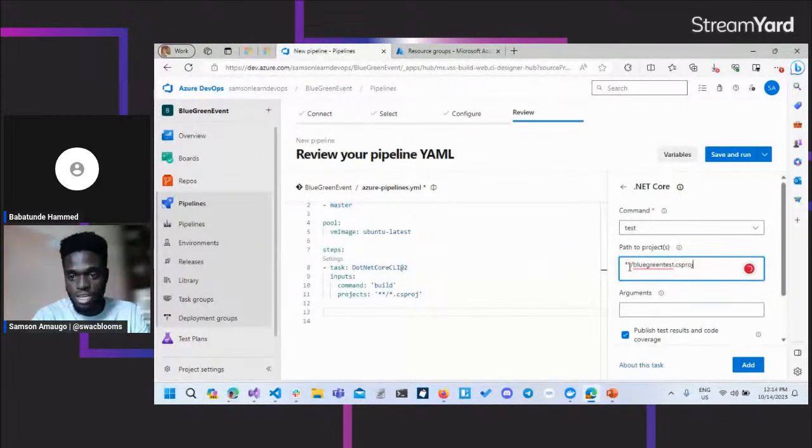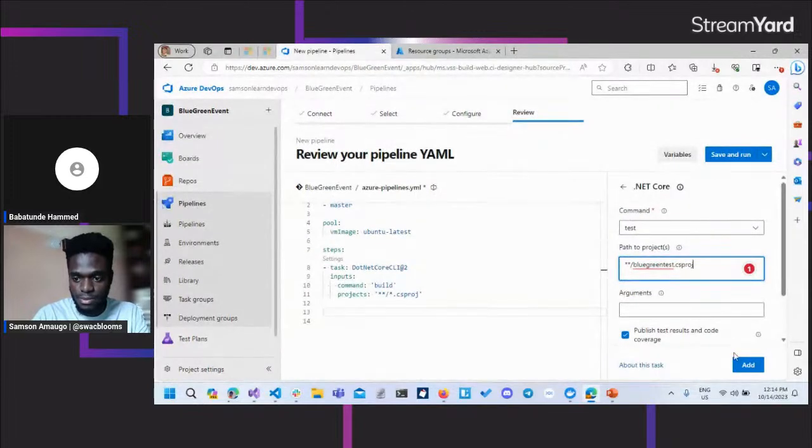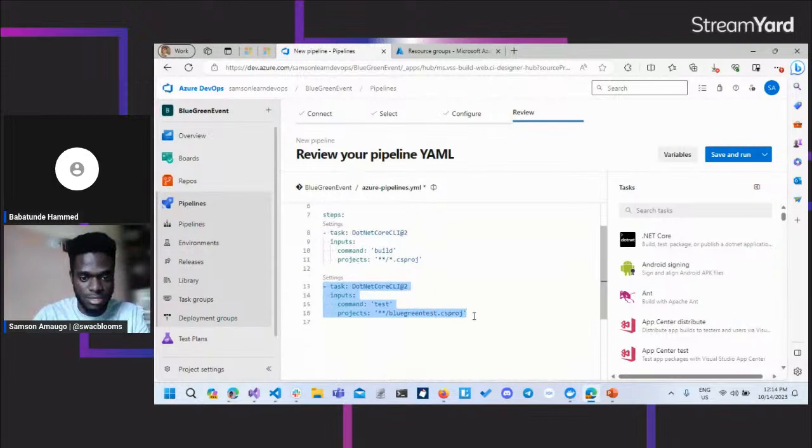So in case you're wondering, this asterisk is just a glob pattern, meaning recursively just find the location of the blue green test file for me. So that is what this glob pattern means, this asterisk, double asterisk. So I'll add this, and